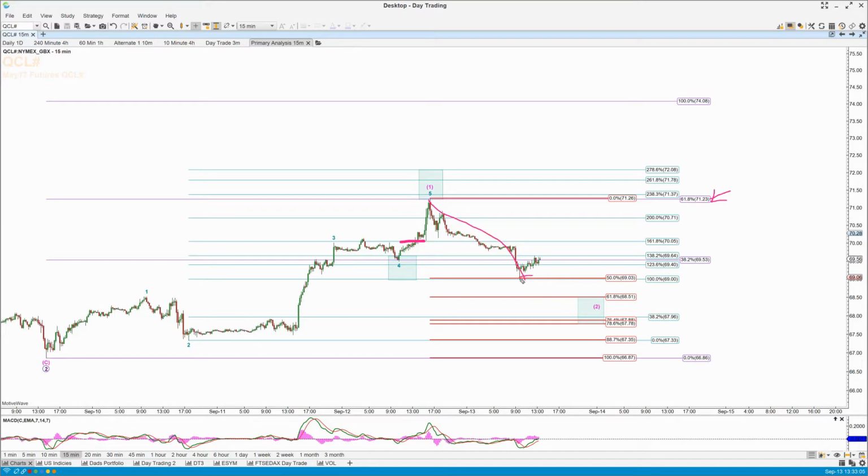So thus far this morning we've come back and hit the 50% retrace level. That could be all of the two, but it looks to me more like an A wave. That looks like 5 down to me for an A wave to here. We're going to get a B back and then the C down. And again, CL tends to favor the 764, which is at 67.88. So you can play the subwaves as we go through this morning, but really looking to get a swing long